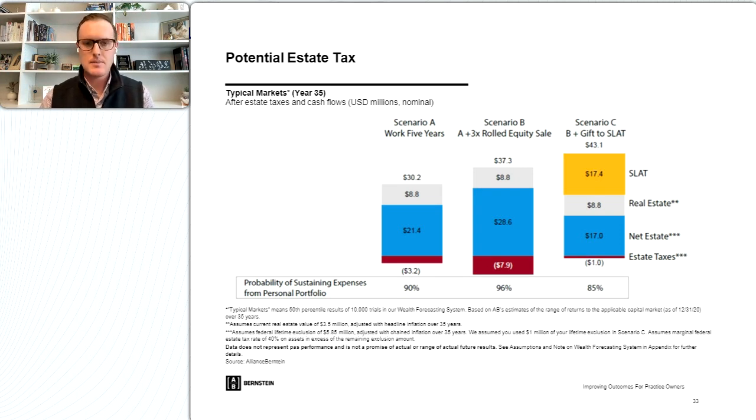There are things, just to mention what trust work can do for you. If you were to do these things ahead of time and establish an irrevocable trust to be able to shield these capital gains for her family, just by taking action before and shielding those gains, in this case, it was a share deal, taking the shares of that private business and putting them into, in this case, a spousal lifetime access trust. What it did is essentially absorb $7 million worth of estate tax and add $7 million worth of overall value